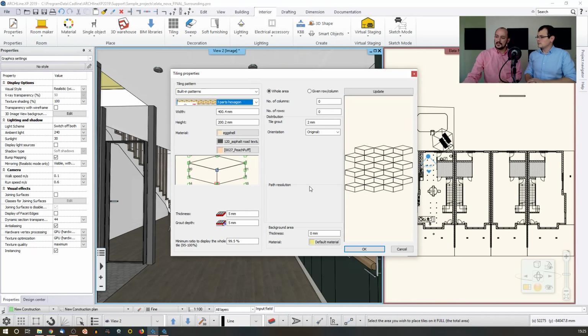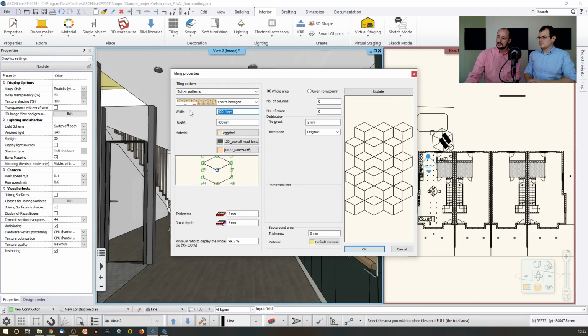Now, whenever I change the shape of this whole layout, let's just make it a regular shape, like 400 millimeters by 400 millimeters. That's the bounding box of this whole thing. So let's just go here, 400 by 400. It's nice, symmetrical, and perfect. So this is how it looks. Now the rest is the same as for the other tiling. You can set up the thickness and of course the